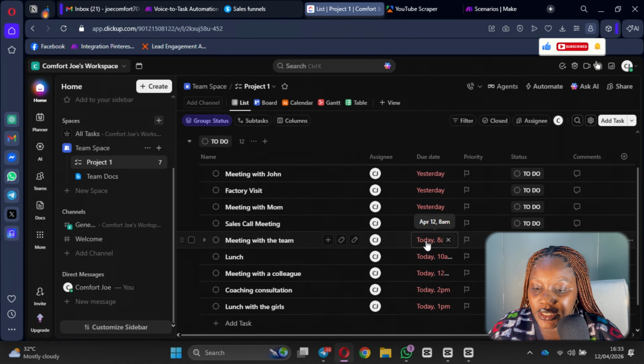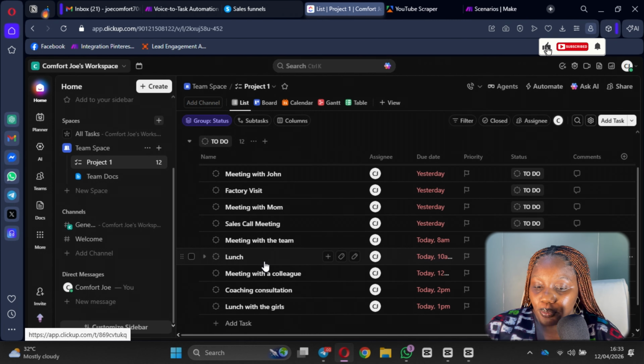So as you can see today at 8 a.m. meeting with the team, lunch by 10 a.m. and then you can see meeting with a colleague by 12 a.m. and then consultation by 2 p.m. and then lunch with the girls you can see by 1 p.m. So you can see it has listed, it has created all of my tasks for me, and that way anytime